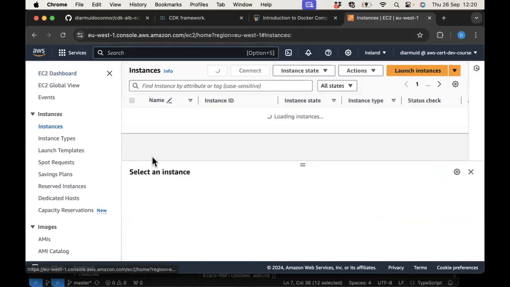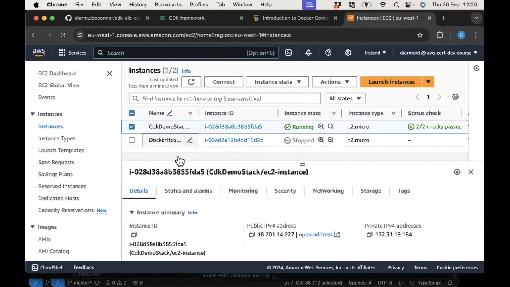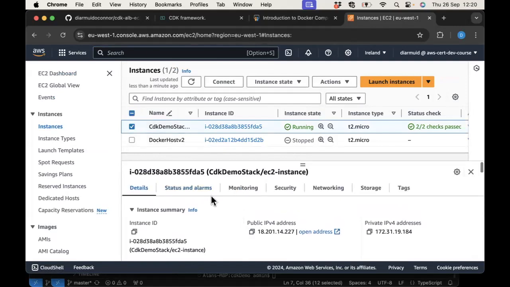In the instances, this is the EC2 instance that it provisioned for me. It's currently running. The other one is just an instance that I used for other purposes, and you can see it's not running anyway. If I select this instance, and in particular, you might remember from DevOps last year,